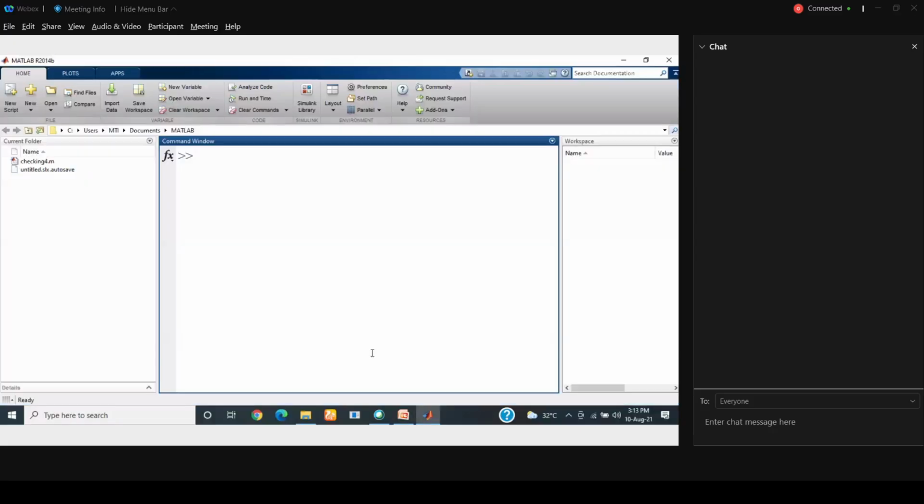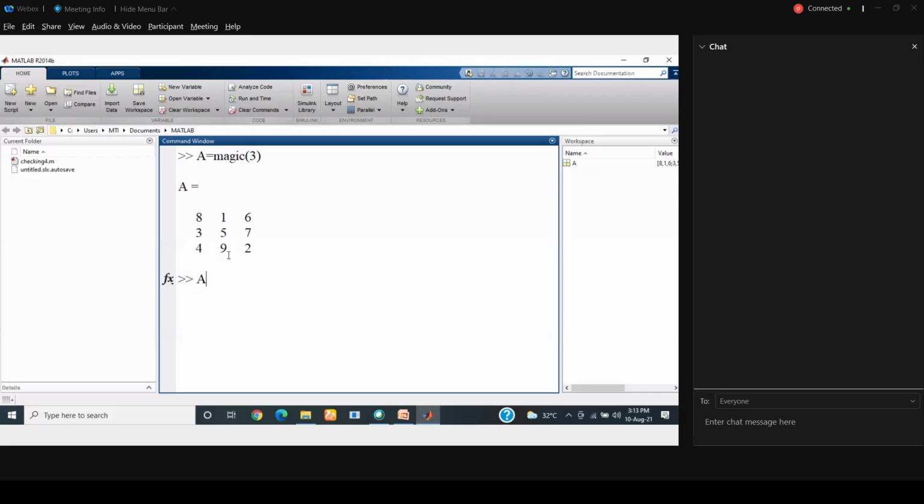So for example, if I have a matrix A is equal to magic of 3, I am just creating the matrix. Okay, and now I want this second column of A to be removed.